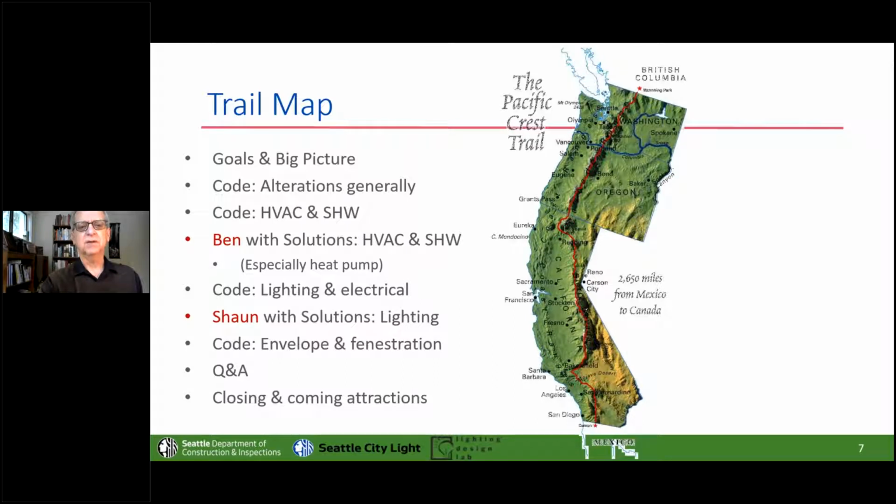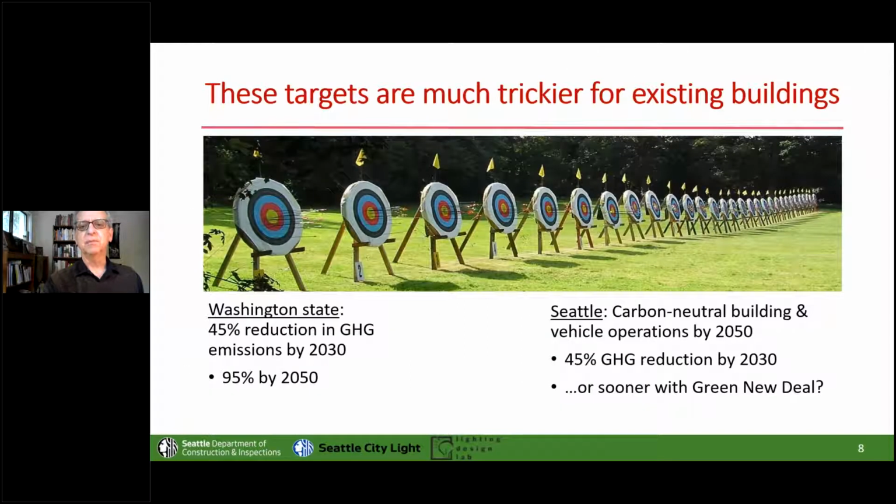So you can see those first few though are me. We're going to talk about big picture stuff and some general rules, and then I'm going to go through really quickly the code requirements for HVAC before Ben starts to tell you how to make that happen. With all this, now it went away again. Okay, with all this